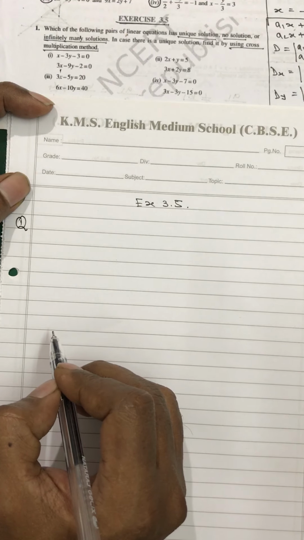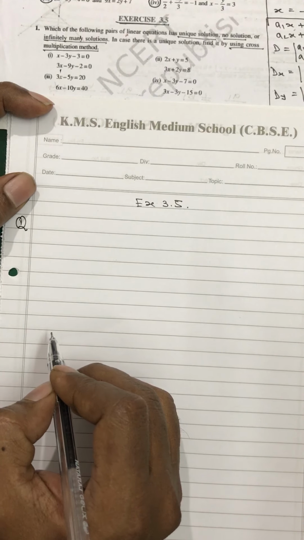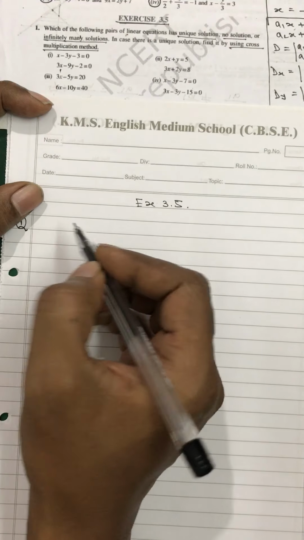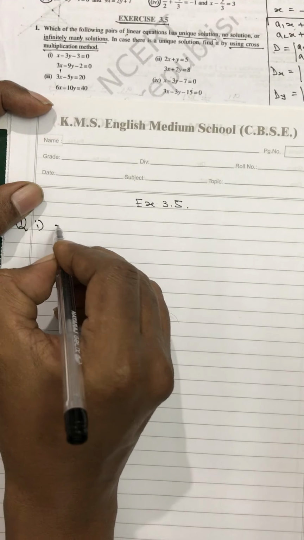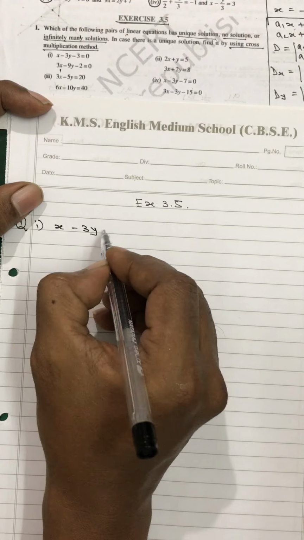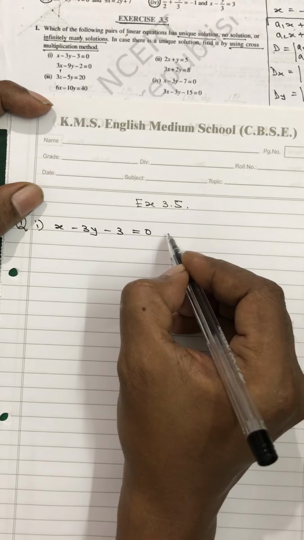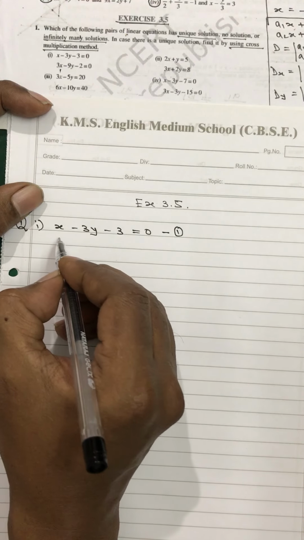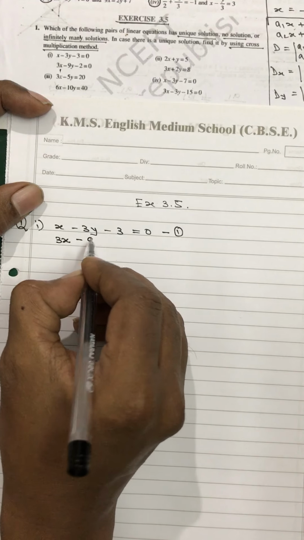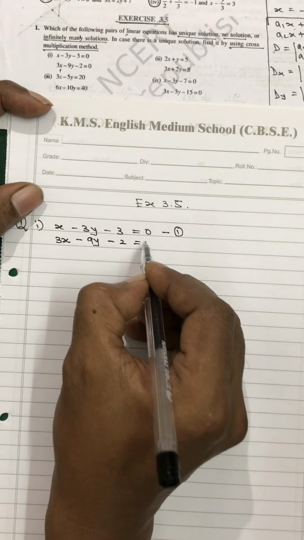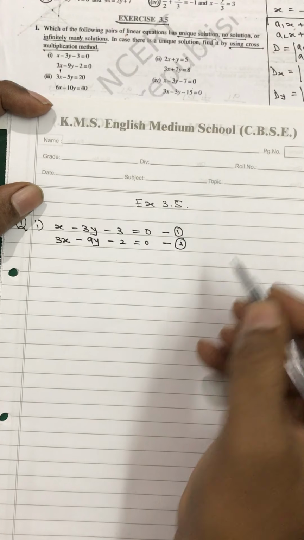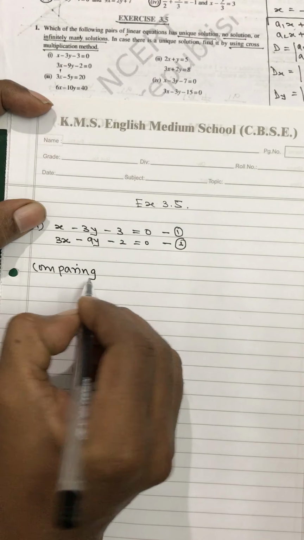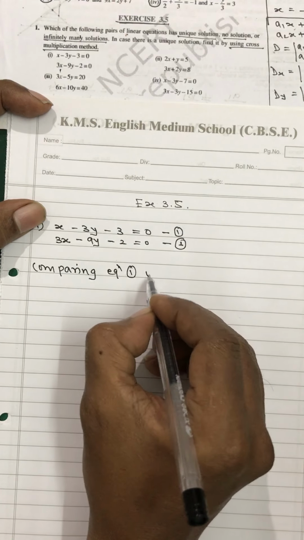Which of the following pairs of linear equations has a unique solution, no solution, or infinitely many solutions? For that, you know what you have to do. The first question tells us the equations are x minus 3y minus 3 is equal to 0, this is your first equation, and 3x minus 9y minus 2 is equal to 0, this is your second equation. Now comparing equation 1